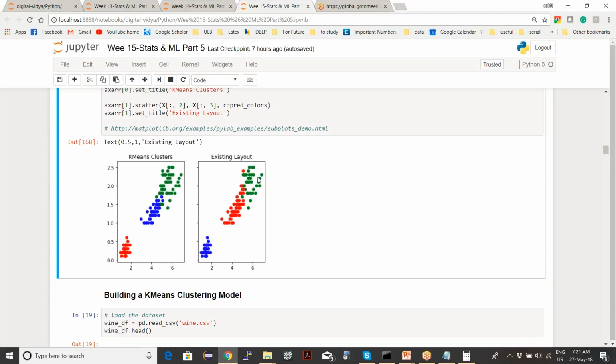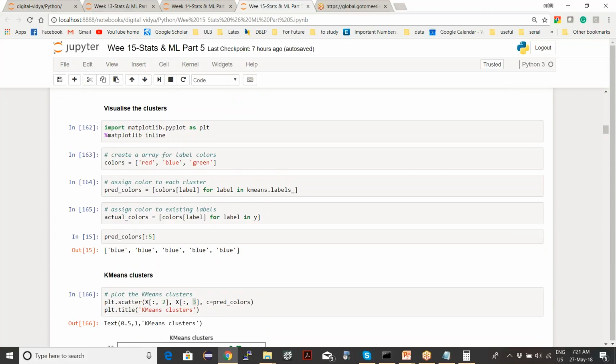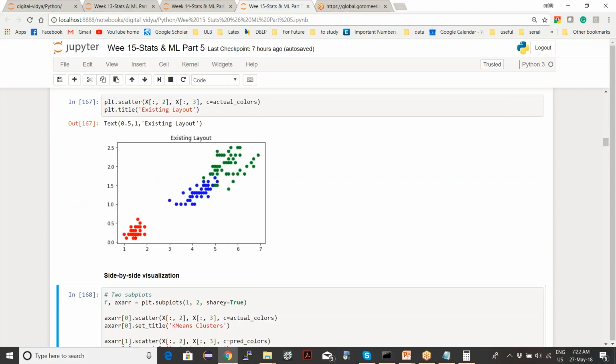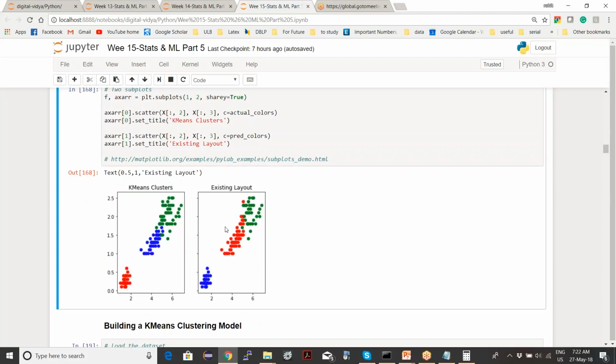So this is a plot of sepal length and sepal width, and the groups. If this is the sepal length and this is the sepal width, what was the species? There are three species in this iris data set, which we call 0, 1, 2. Suppose we don't know the names. There are three groups. So if this is the sepal length and this is the sepal width, this belongs to this species or this group. This is the actual mapping.